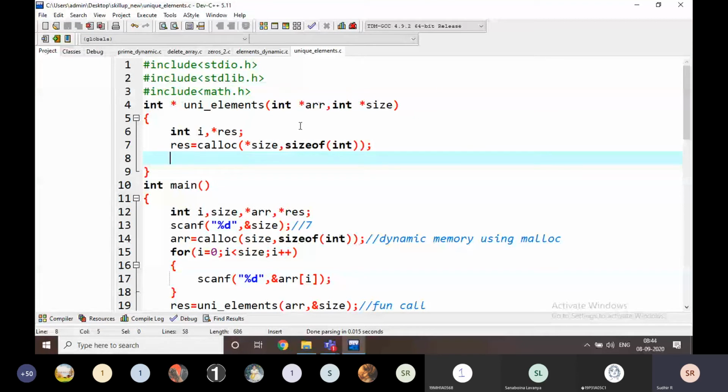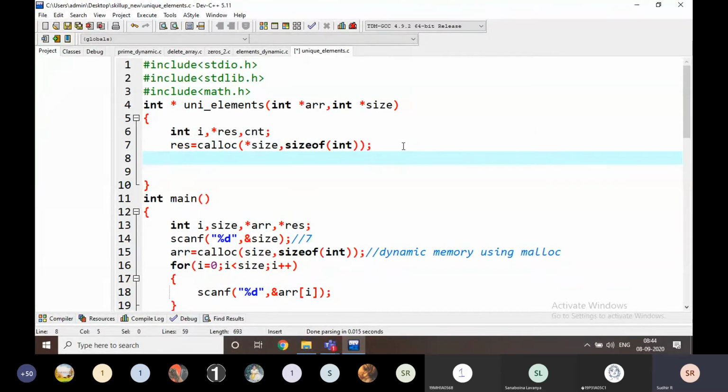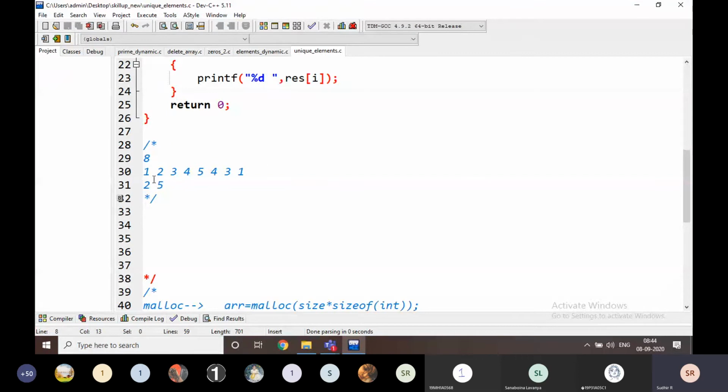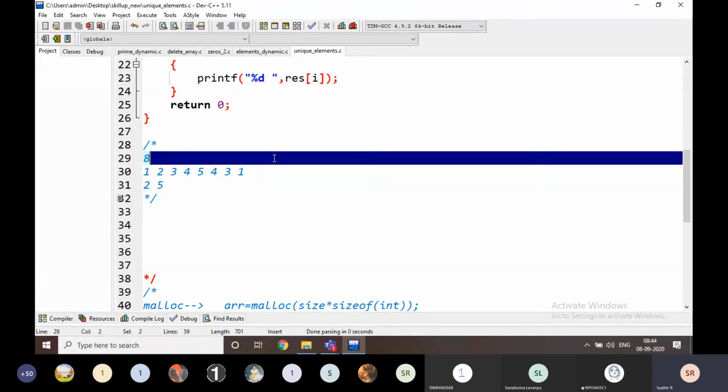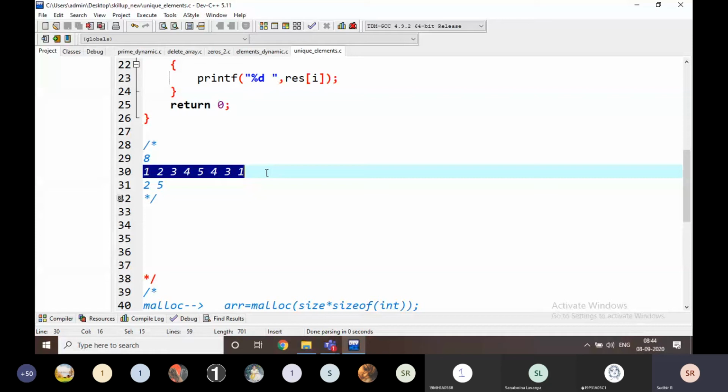How am I going to find it? Here I am going to take some count, cnt is equal to 0, for example. Every time I am going to take the ARR of I value and compare it with all the elements, not just the remaining elements, all the elements.